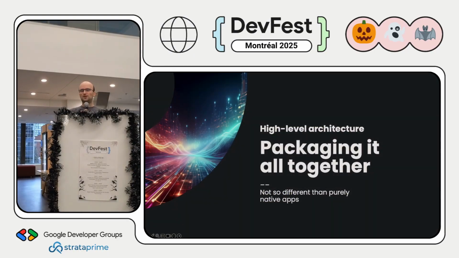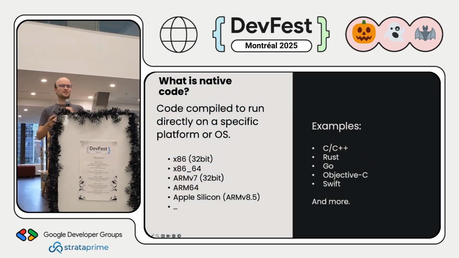And now I want to jump into how we package everything. So we've seen how it works with different layers of logic, but now how do we build an app bundle or an IPA on iOS for each platform? To get there, I want to first introduce what native code is. Native code is code that can be compiled on a